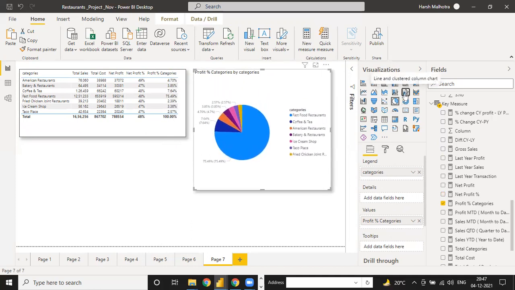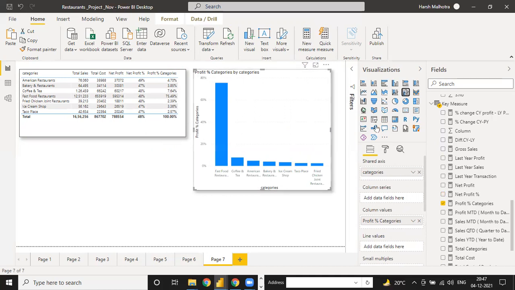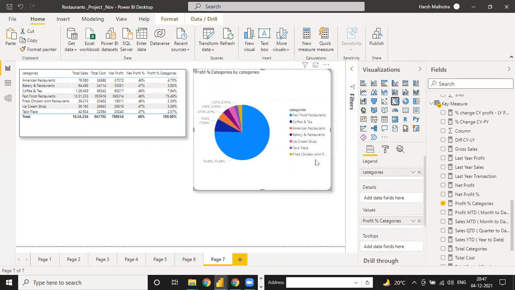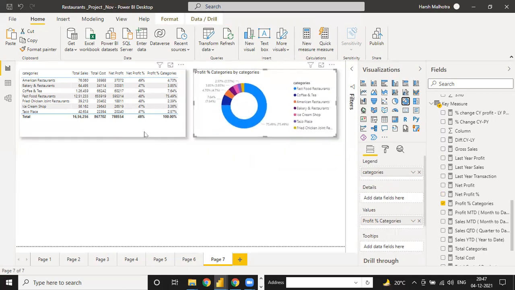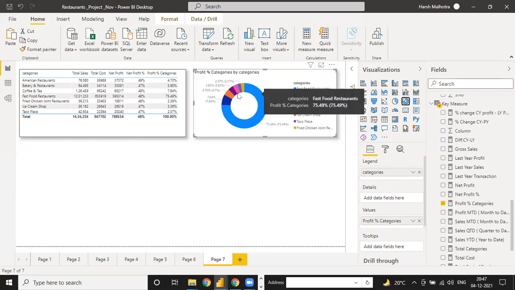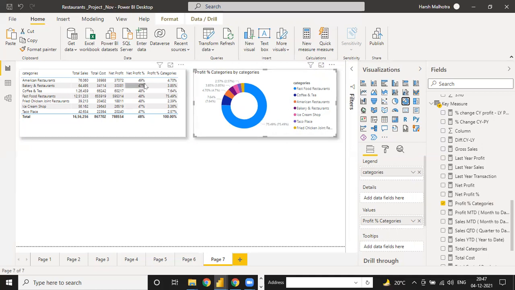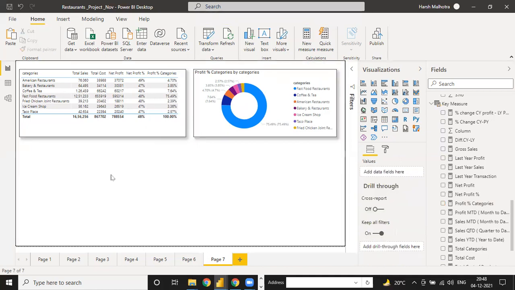Or you can use this chart as well, but a pie chart or donut chart is good. On the basis of this, total is 100%, and out of this 100 it is divided. 75% is fast food restaurant. Okay, this way you can enter.